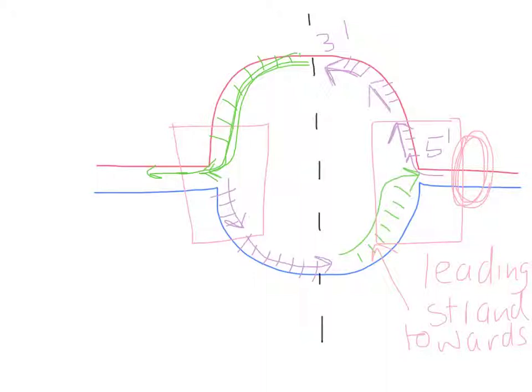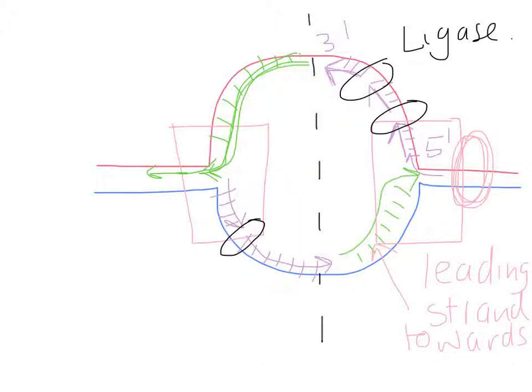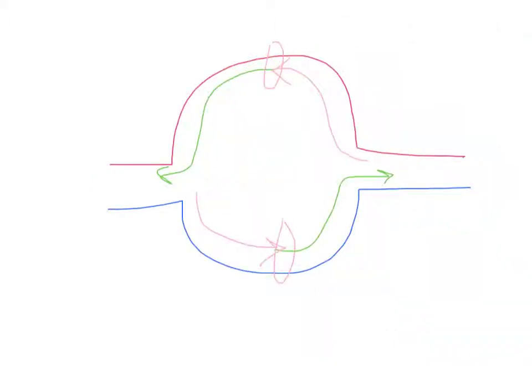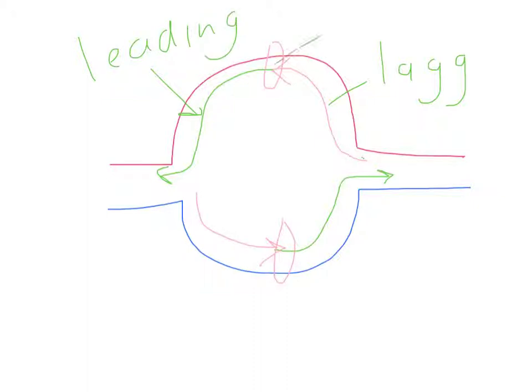It's these Okazaki fragments that are going to need to be joined together by the enzyme DNA ligase. Ultimately, as this replication bubble keeps opening up, what you see happening here is that on both strands, the new strand is going to be a mixture of lagging strands and leading strands. But ultimately, they're going to be joined together by ligase continuously, so it's going to be one new complete strand. And so if we go to the next slide,